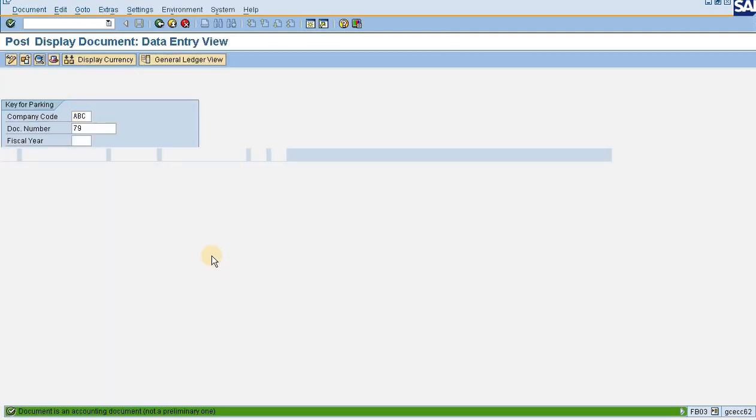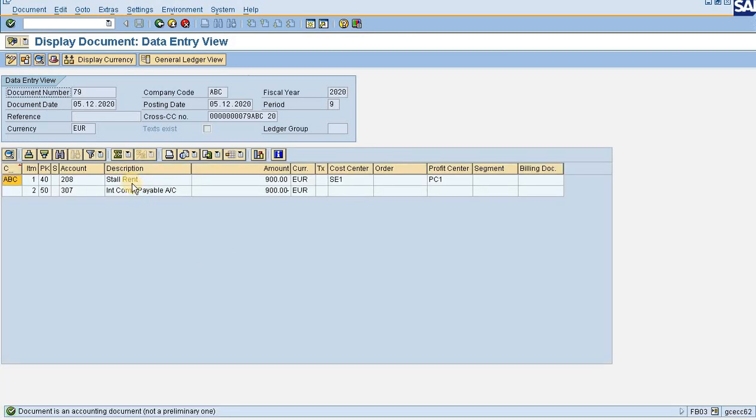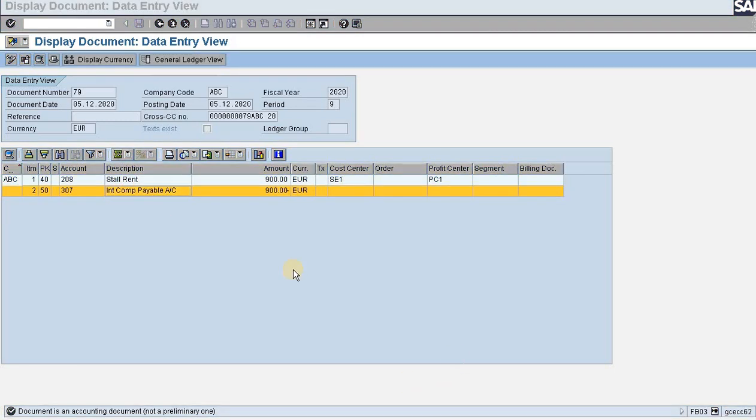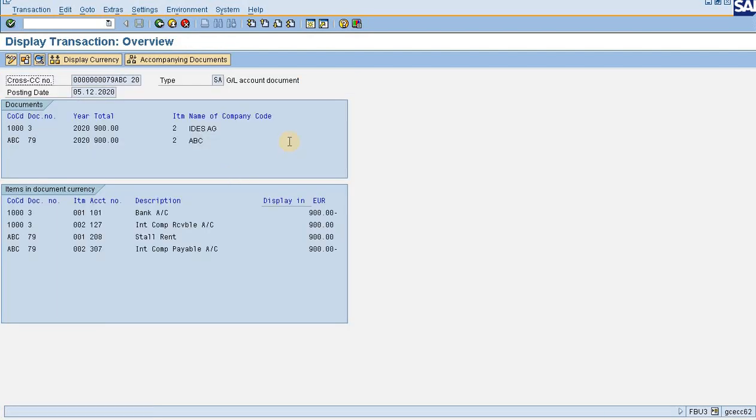yes. Now again pressing enter. See, rent debit to intercompany payable, which is absolutely fine, in line with the transaction that I have furnished in my Excel sheet. So rent would be debited and intercompany payable would be credited, absolutely fine. Now the other one, meaning the one which got posted in company code 1000's books of account. So going to this one. Now this is the entire entry, this is the entire transaction.